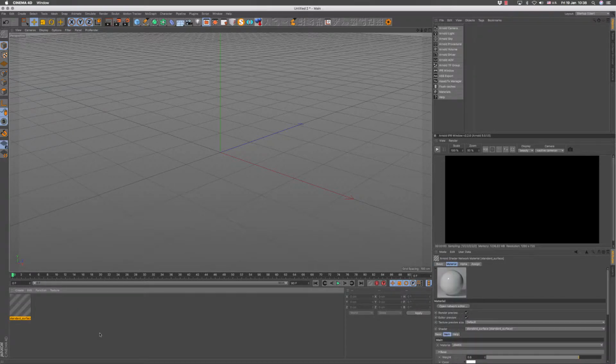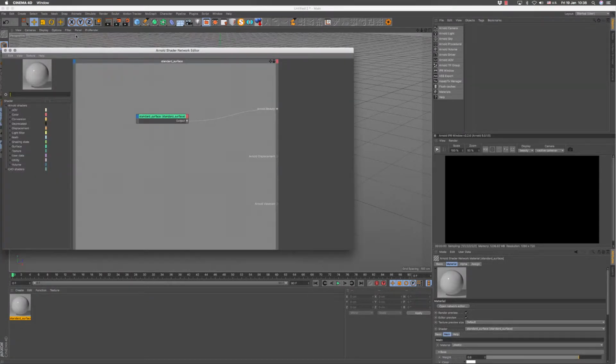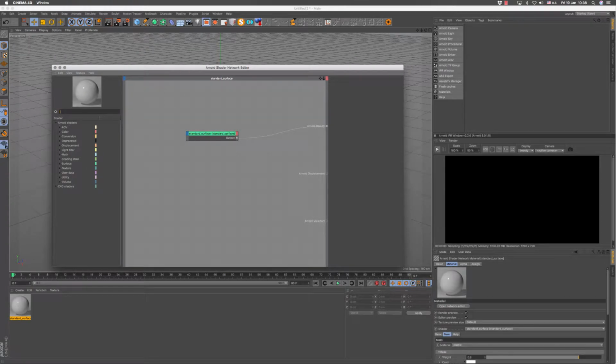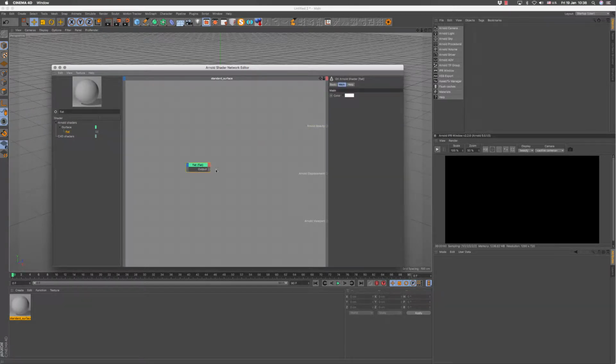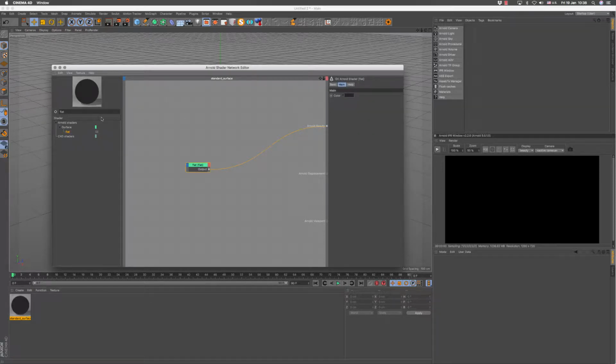network. So I'll create a standard surface shader and open the network editor. First material we're going to make is a flat material. Type in flat, drag it into the network editor, put the output in the Arnold Beauty and select a color. This is going to be my background color, so I'll make it sort of dark gray. That's my first material. We'll call this background and close the